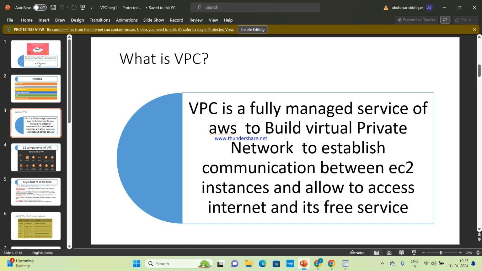So now what is VPC? VPC is a fully managed service, managed by AWS, and it's a free service. If you create a VPC or subnets, the network, it doesn't charge. It's a virtual private network to establish communication between EC2 instances and to allow access to the internet.